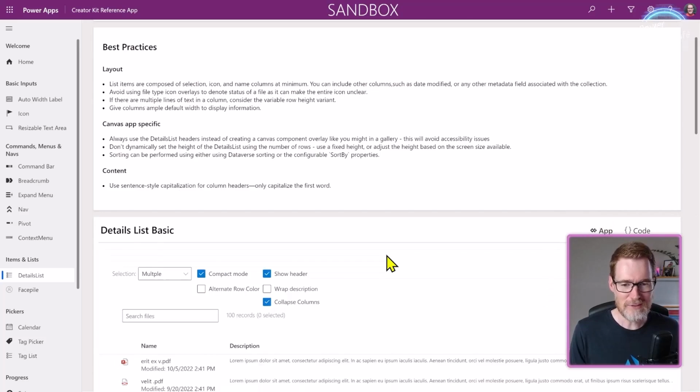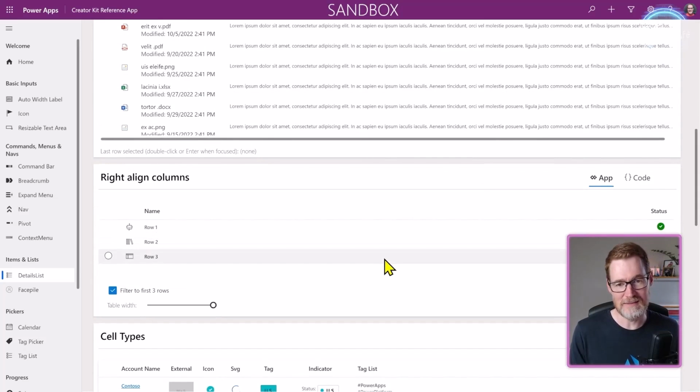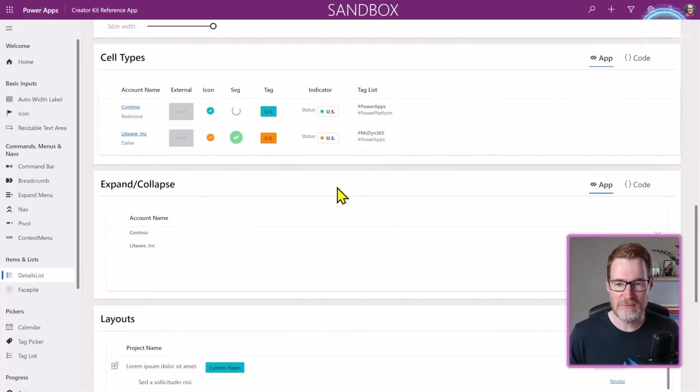So what we're going to do is apply that functionality into the app that we started building in the previous video, and create a grid of accounts. In that grid, we're not only going to show some information about the account, we're also going to show some custom indicators, specifically around the status of that account.